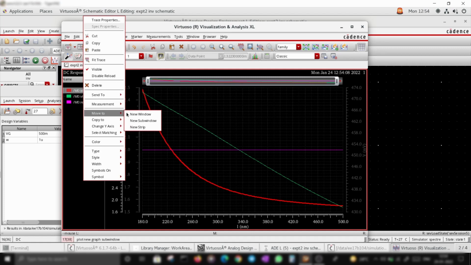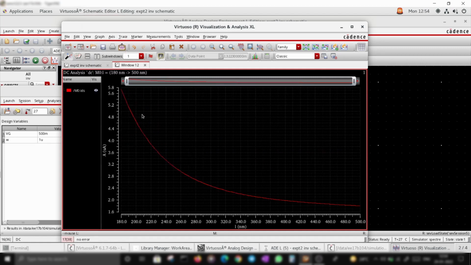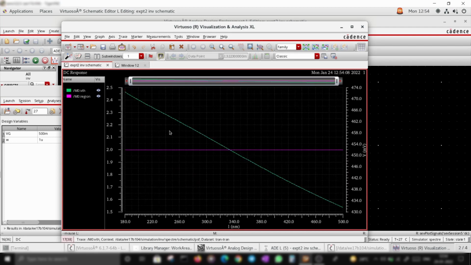And as you can guess, the current should drop because the W/L ratio is decreasing, right? And it's not a linear drop, right? It's because L is in the denominator. And there is a change in VTH.